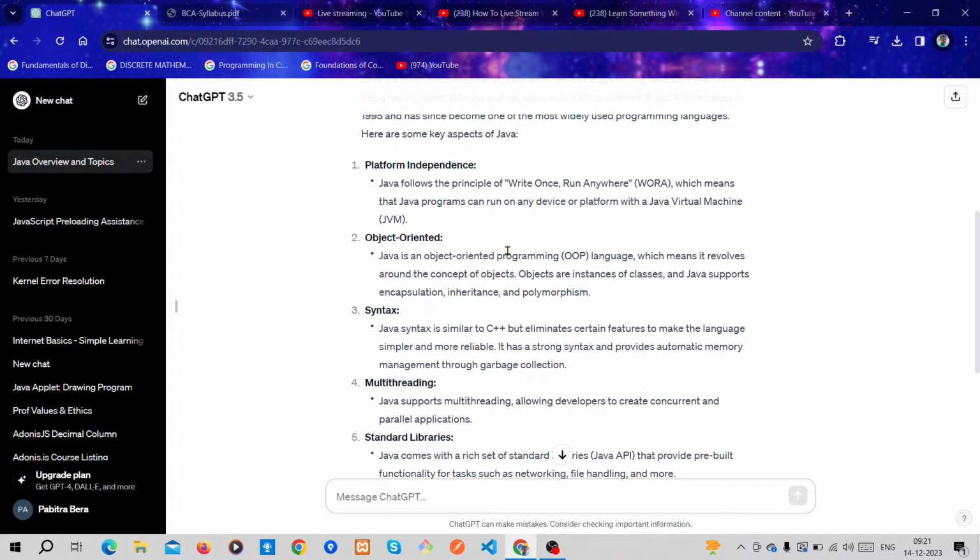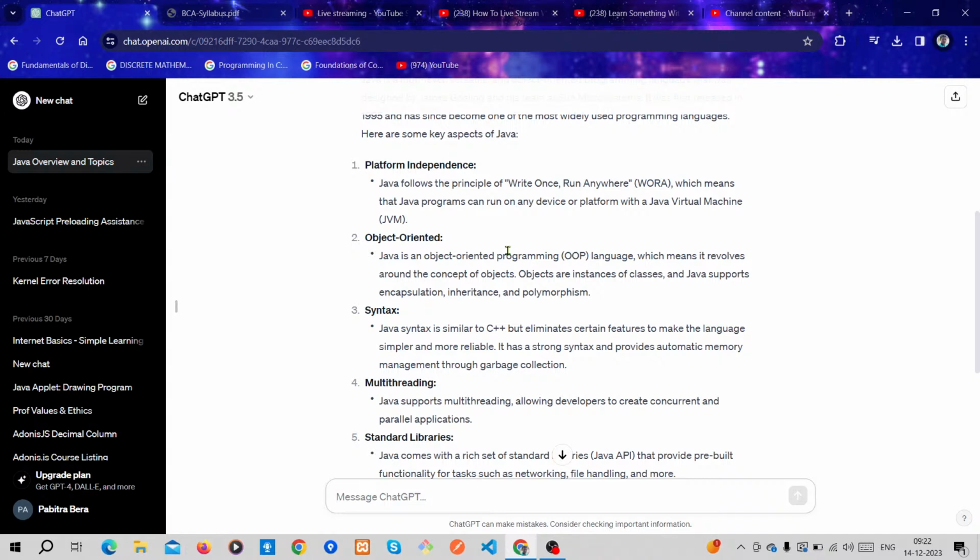Java follows the principle of write once, run anywhere, short form WORA, which means that Java programs can run on any device or platform with a Java Virtual Machine, JVM.